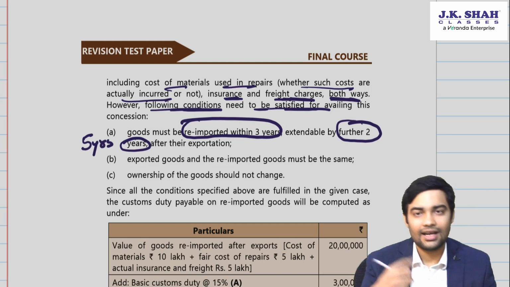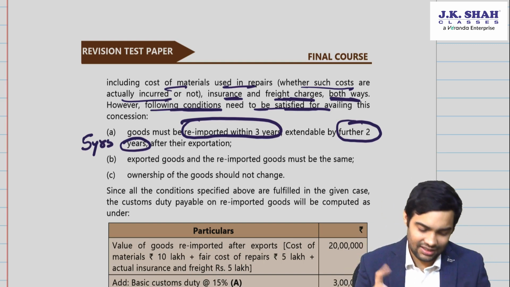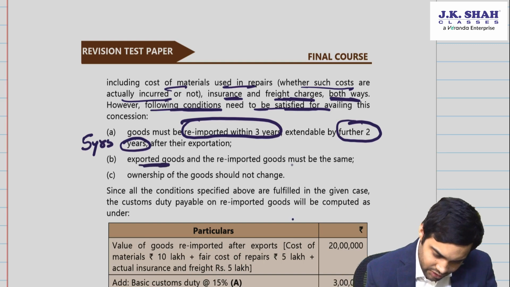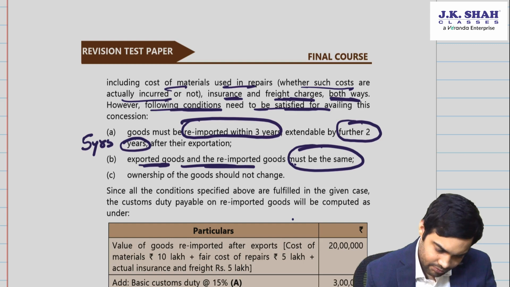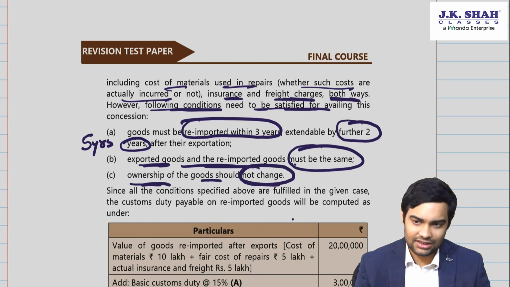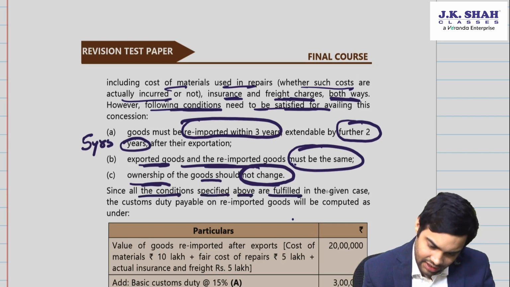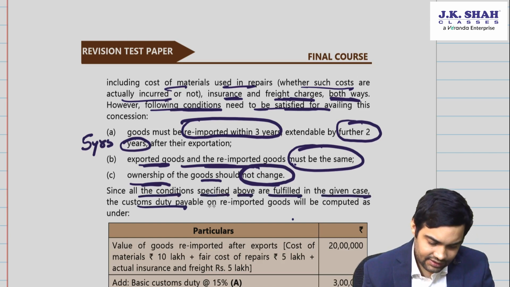Now, though the main provision, that is the section, says 1 year, here it would be 3 years. Exported goods and re-imported goods must be the same. Obviously they are the same. Ownership of the goods should not change. It has not changed because I sent it for repair and I am getting back the same machine. Since all the conditions specified above are fulfilled in the given case, the custom duty payable on re-imported goods will be